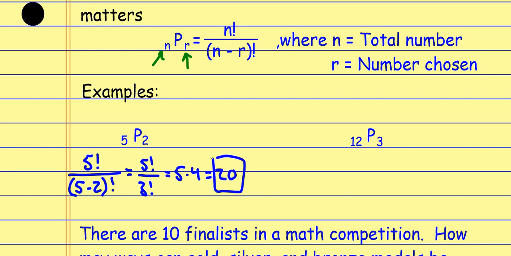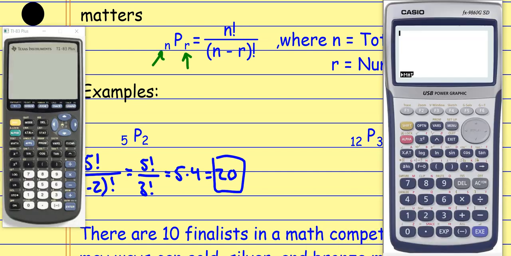I have my 2 big calculators here. Let's see, I've got the TI calculator, and I've got the Casio calculator. I'll start with the TI. Over here on the TI, you're going to hit the math button. It's right there under alpha, so you hit math. You go over here to this PRB,